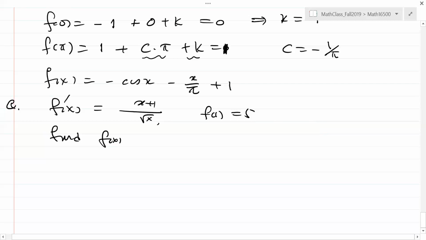All right, so you see that this is a quotient of two functions, x plus 1 divided by square root of x. You cannot easily find an antiderivative, there's no quotient rule you can use. So you have to express it as a sum of power functions. The very first step: x divided by square root of x is just square root of x, and then 1 over square root of x. So it can be written as